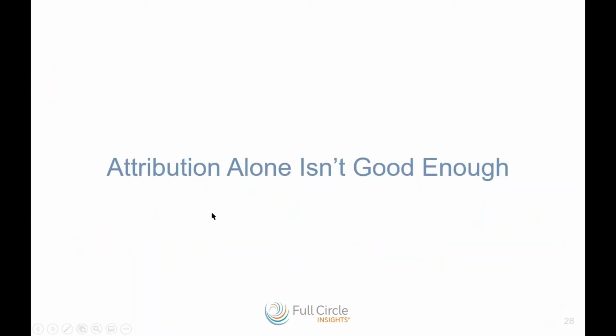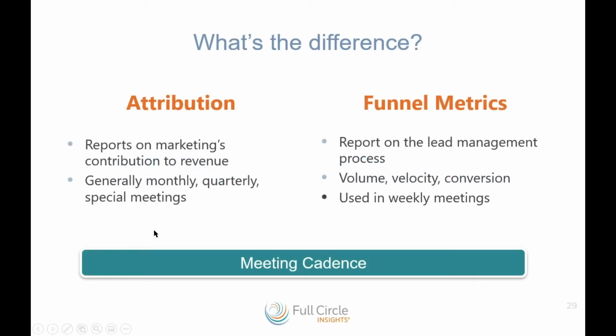So I want to talk about, we talked about attribution, and we talked about funnel metrics. And some companies start with attribution, some companies start with funnel metrics, and some companies do both. There's been a lot of emphasis on attribution in the market over the last few years, but our feeling is that attribution alone is not enough. And the reason is that attribution metrics report on marketing's contribution to revenue, but they do it at a point in time. So generally, looking at attribution on a daily basis typically doesn't really help you that much. You want to look at it on a periodic basis, and so you might look at it monthly, quarterly, or